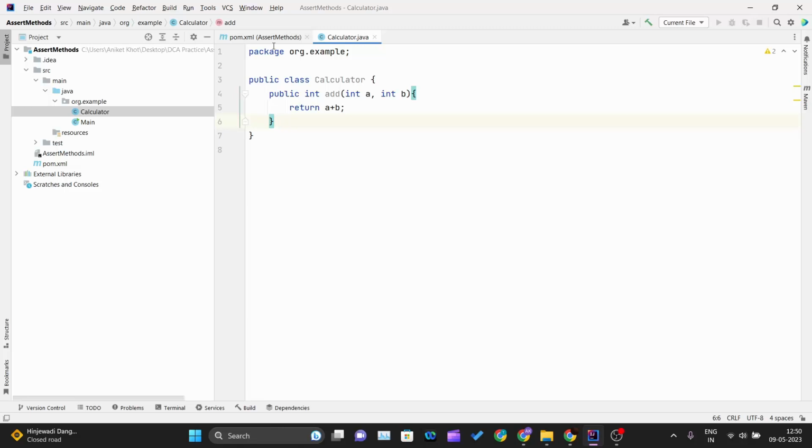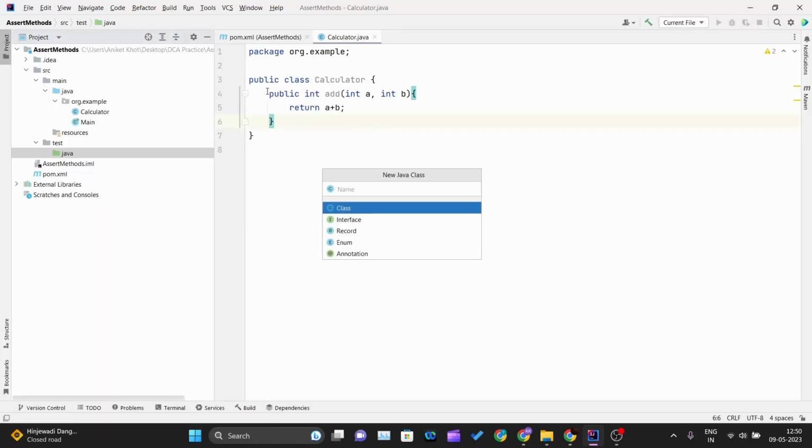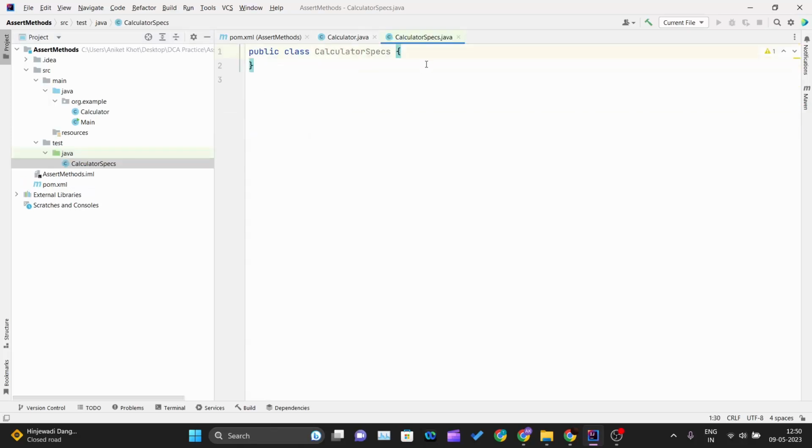Okay, so let me go ahead inside the test folder, and inside the Java folder I'm just gonna create a new Java class, and I will call it calculator specs. Okay, and over here, first what we'll be doing, we will understand assert equals methods. Okay, so for that let me go ahead and create an annotation, add test,